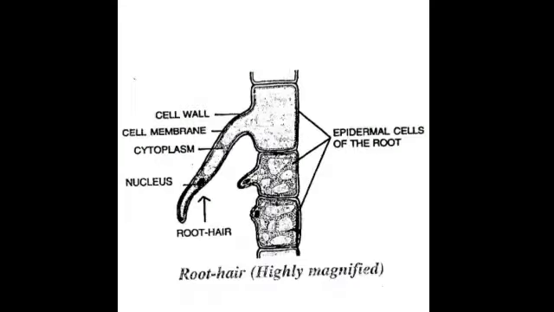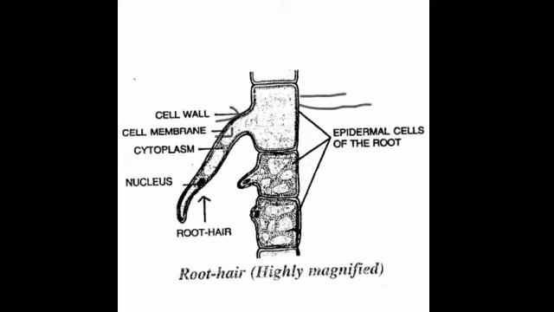Now if you observe the very magnified view, you observe this under a power microscope, what do you see? This first layer of the roots, that is the epidermis, is made up of epidermal cells, and these epidermal cells have an outer cell wall. You can see this outer cell wall and an inner cell membrane. Outer cell wall, this outer one, and the inner one is the cell membrane.